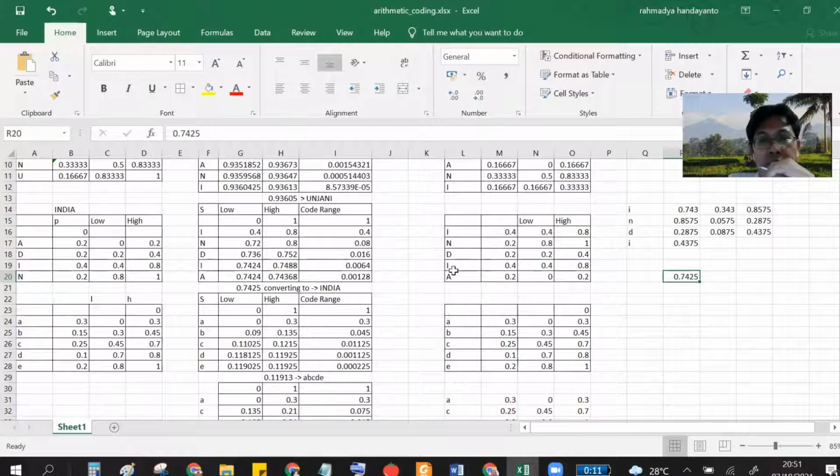If you see from here, you see here, the 0.74 is inside the I. So the first letter should be I. You see, because if you see this